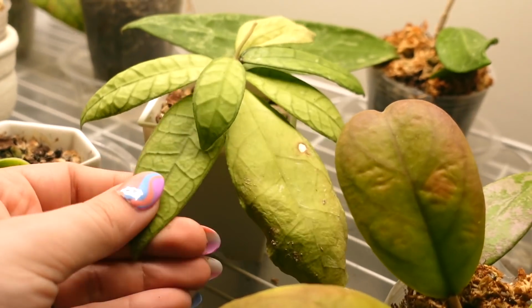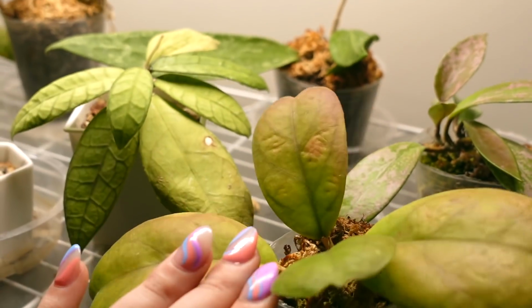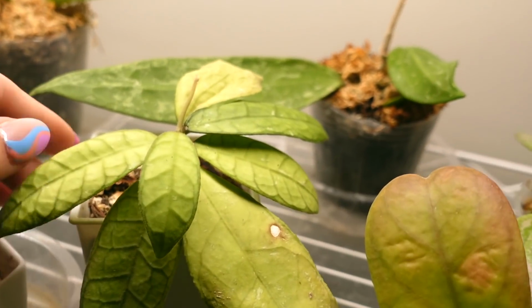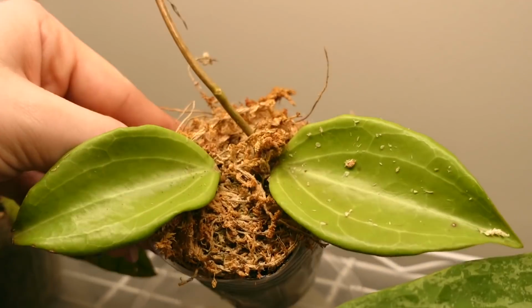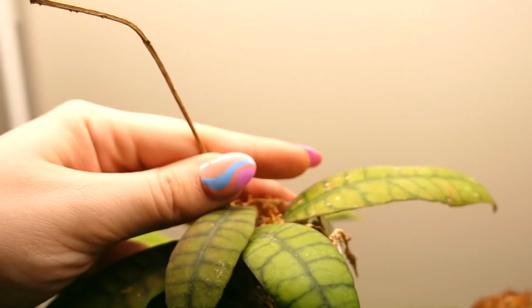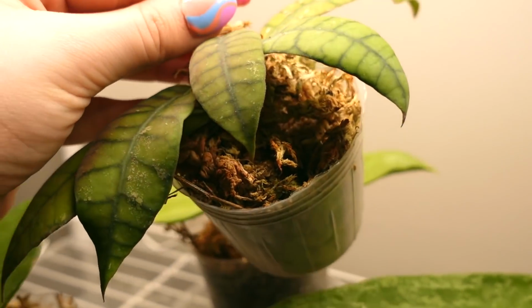One thing that has really helped me out with these Hoyas is putting my grow lights on timers. So now the light comes on for 12 hours every single day, and these plants get everything that they need. I would like to see some new growth from my Quinquenervia, but I won't be super impatient with that one. Also, this guy here, the growth point has dried out completely, but hopefully it shoots out some new growth